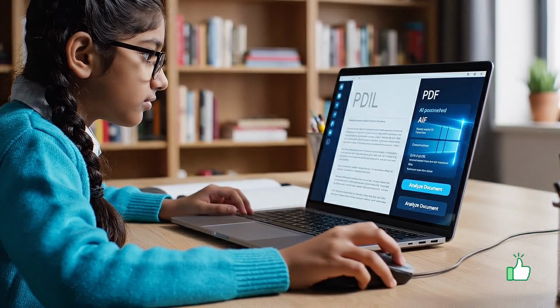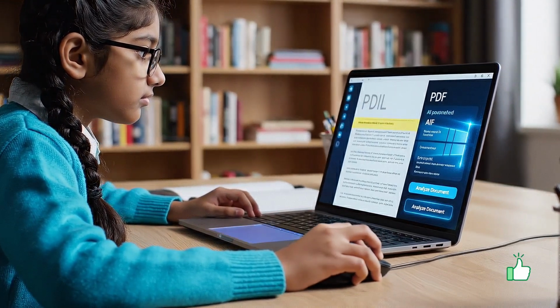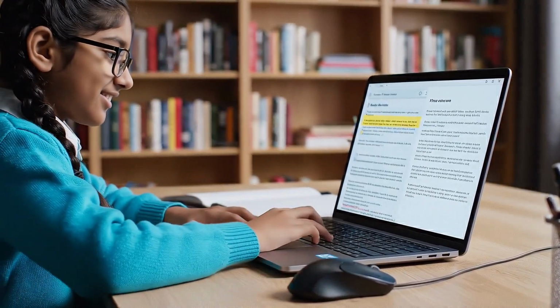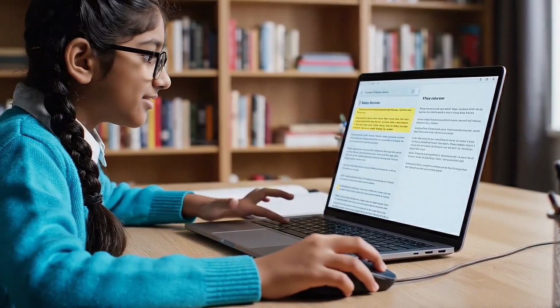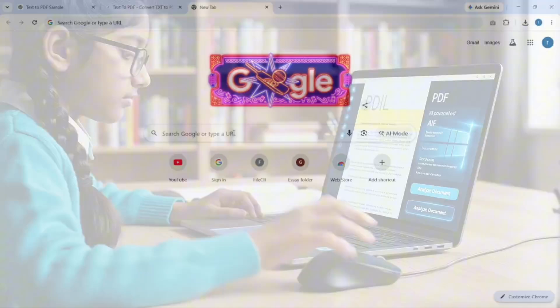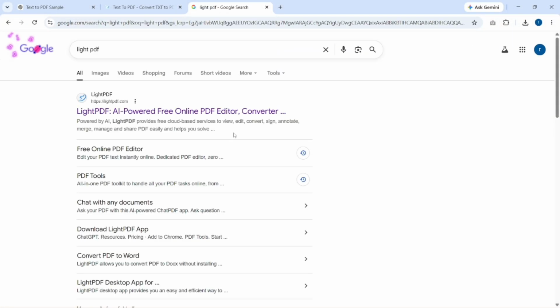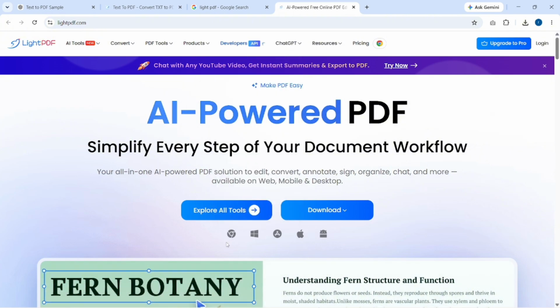Why pay for expensive PDF software when you can edit PDFs for free? One of the best free PDF editors for Windows in 2026 is Light PDF. Just open any browser and search for Light PDF, then open the website to access its full collection of PDF